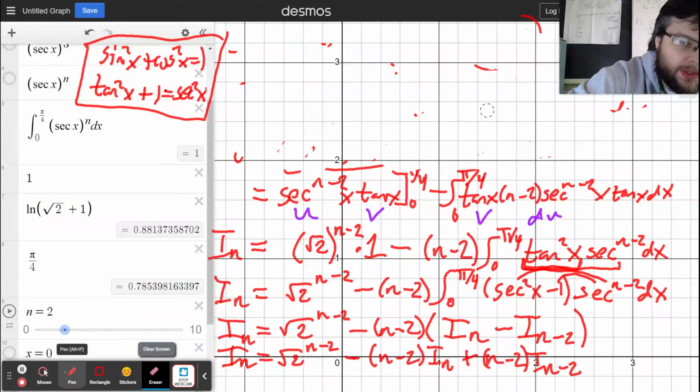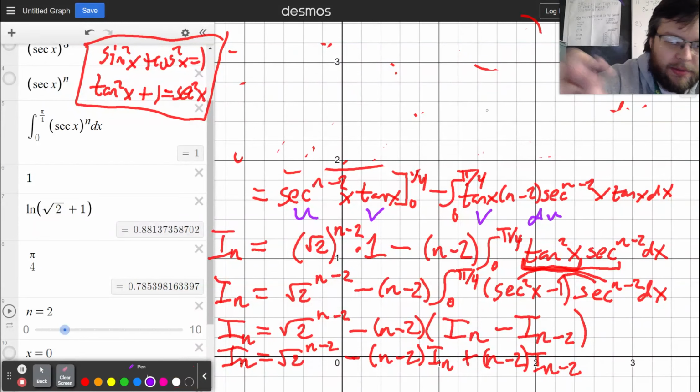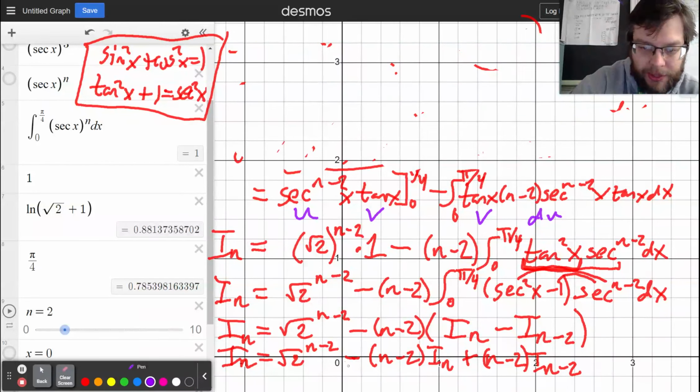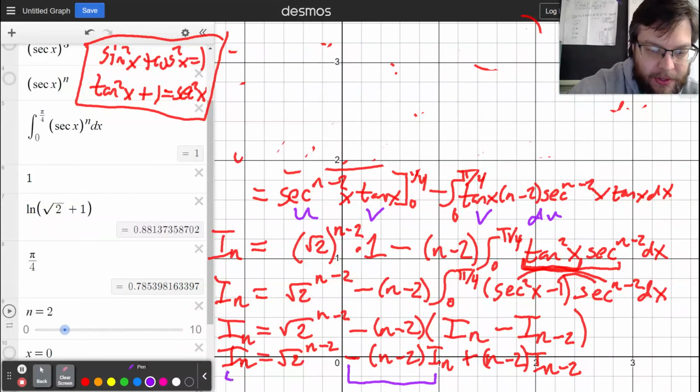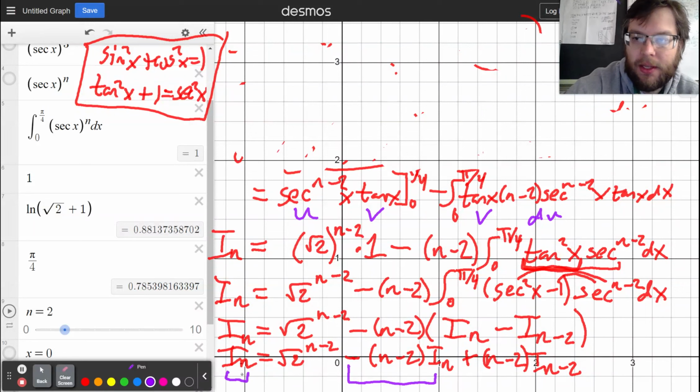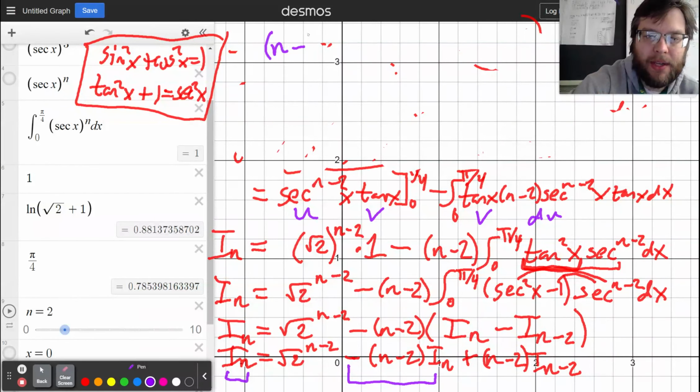I'm going to switch colors just so it's clear what the new stuff is. What I'm going to do is add n minus 2 copies of I sub n to both sides. So if I have one copy and I add n minus 2 copies, 1 plus n minus 2 is n minus 1. So I have n minus 1 copies of the integral I care about,